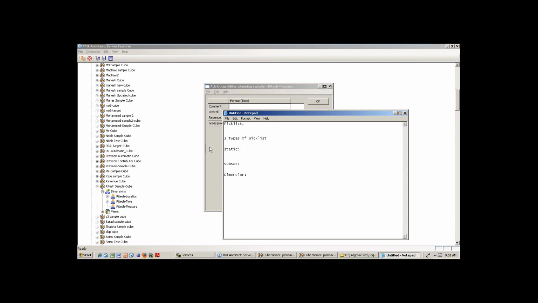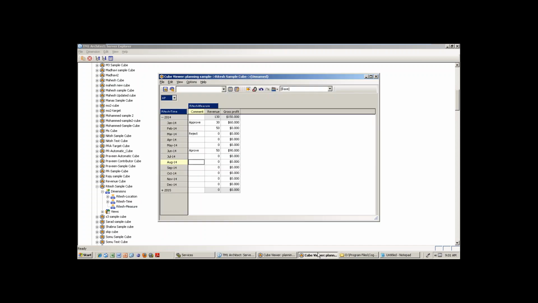Static means, for example, in this cube I have only approve and reject, five to six values only, that I want to show always. Just static. I know what values will come, and I want to show those static values.